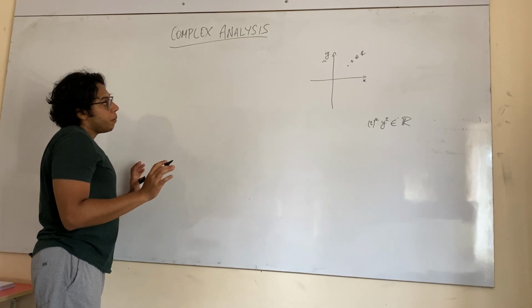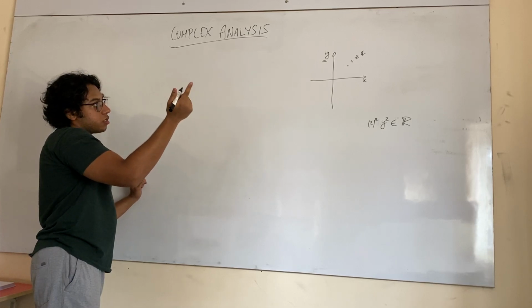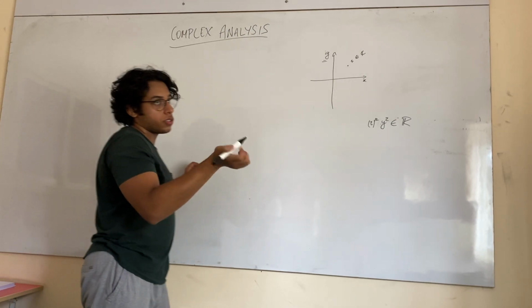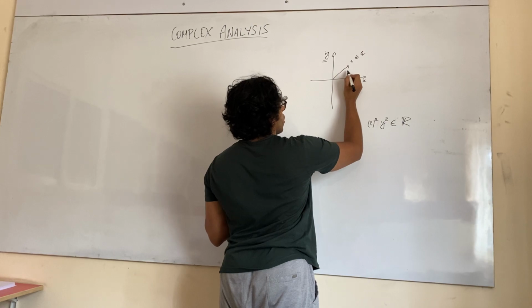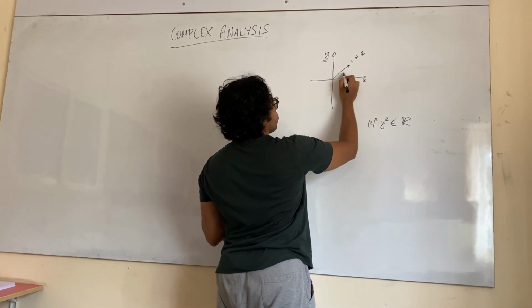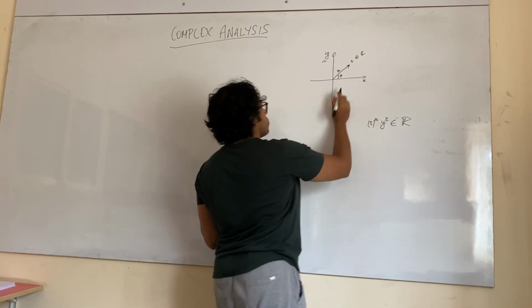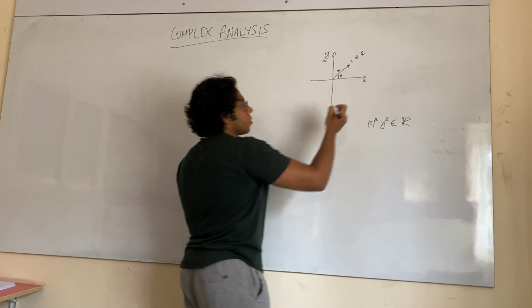So now, given this, obviously we know how to write this in terms of x plus iy. It's very simple and Cartesian. Now let's shift to polar coordinates. So then you have your polar coordinates, and this is theta, this is r, where r is equal to